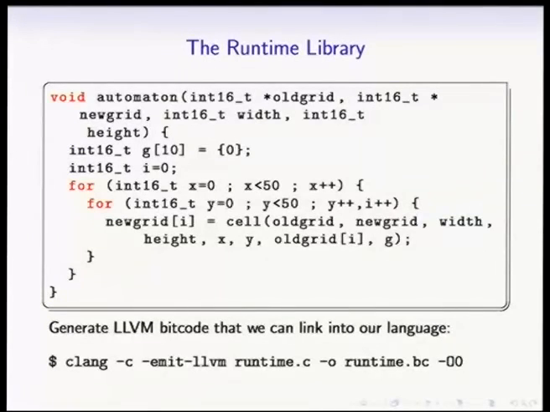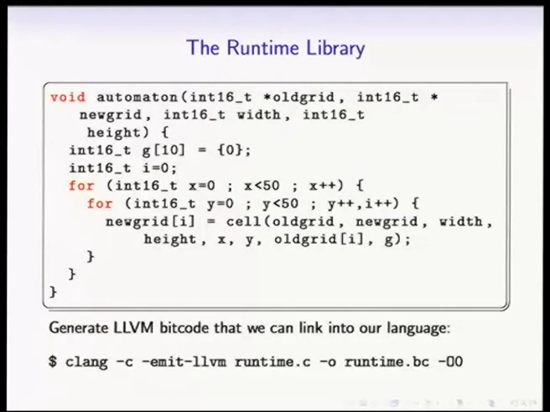So the first thing we did, in the interpreter, there is a function that looks a lot like this that then calls the interpreter again for each cell. Oh, this says 50 when it should say width and height. This is not a bug in the version that you can see online, but is a bug in the slides. So, where's the button that works? This should say width and this should say height, sorry.